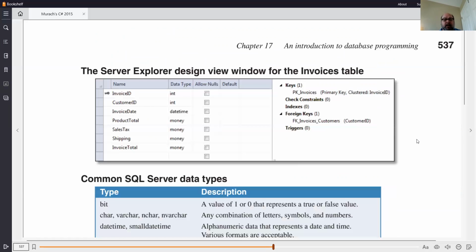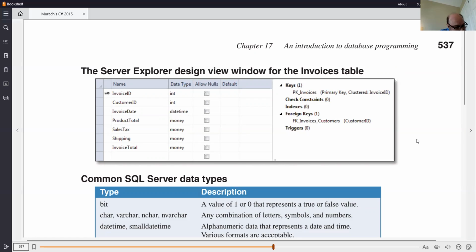So when we do this, we have to start defining how our tables are going to look. What do we have here? In fact, I'm going to write this down for what I'm going to show you. We're going to probably have one more lecture after this one. We've got an invoice ID, and that's an int, a customer ID, and that's an int, an invoice date, and that's what's called a date time field,